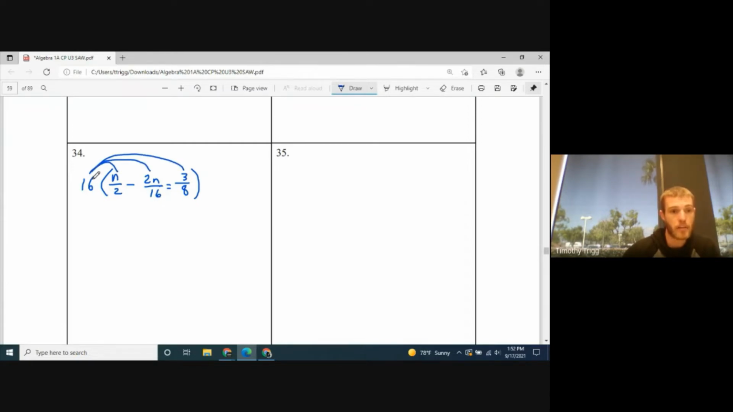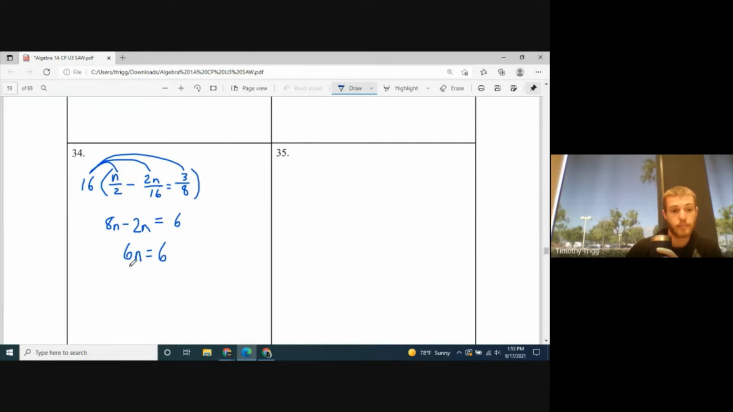Now when we multiply this first one, 16 divided by 2 is 8. 8 times n is 8n. Minus, when you multiply this one, that just cancels out the denominator. We're left with minus 2n. Equals, and then over here, 16 divided by 8 is 2. 2 times 3 is 6. So we can combine this 8n with minus 2n, and that's going to leave us with 6n equals, and then